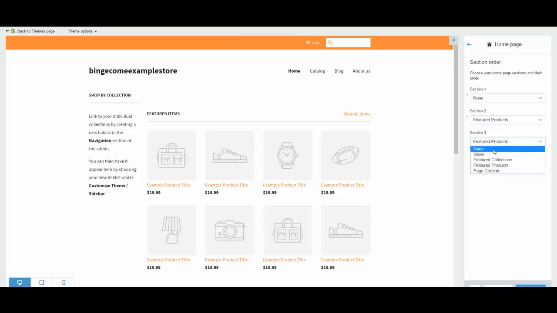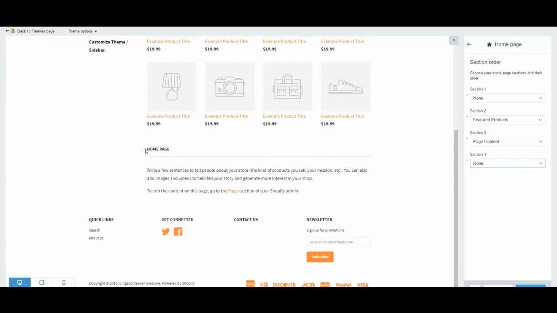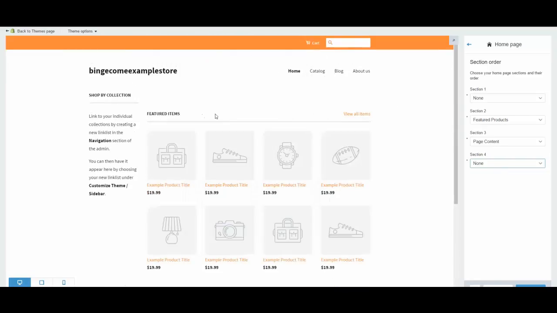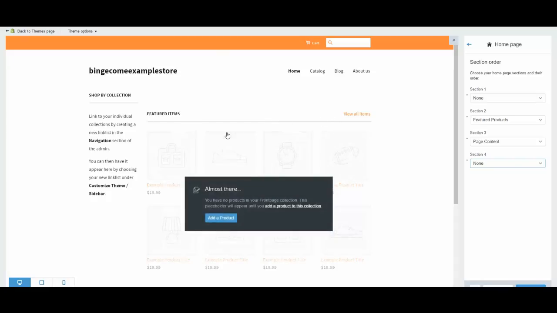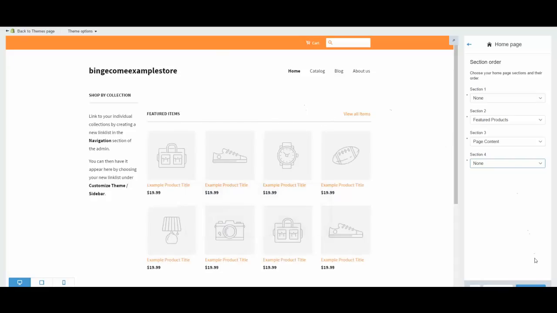And section 3, let's do page content. Section 4, none. Okay, so now you have your home page text and your featured items text right here. Okay, so we're getting somewhere. So now you'll want to click Save Changes right here,